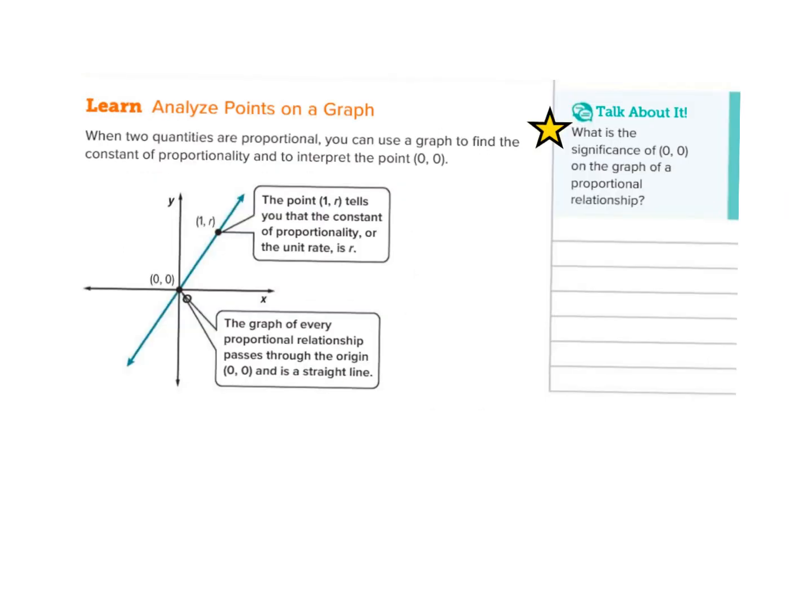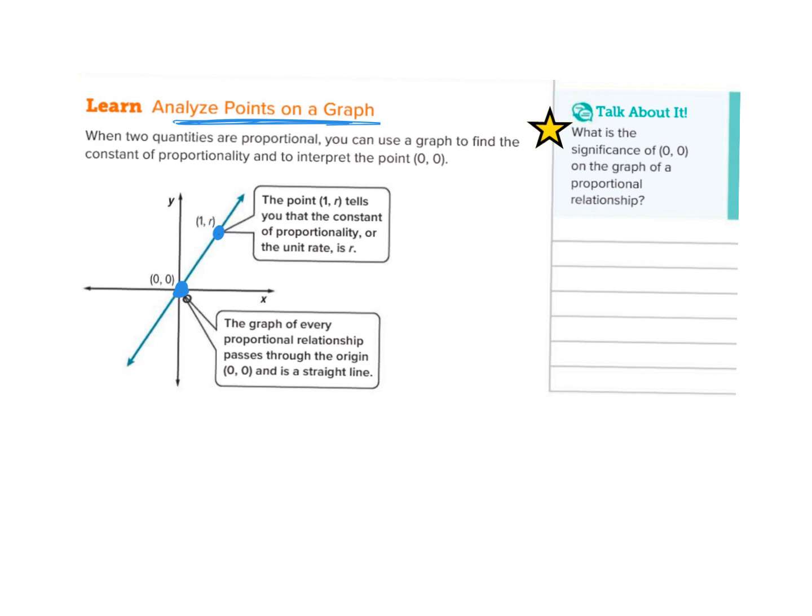All right, if we look at the next part of the lesson here, it says you also are going to need to be able to analyze points on a graph. So that means if I give you a proportional relationship, you're going to need to tell me what some points mean. Like this point 0, 0, that's kind of special. We're going to try to figure out what that means if I give you a situation. And then this point right here,